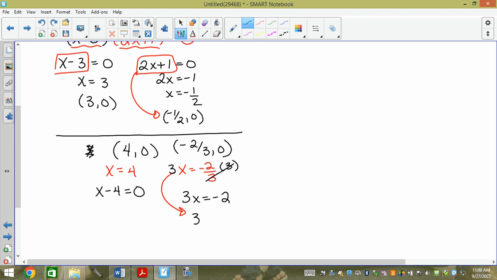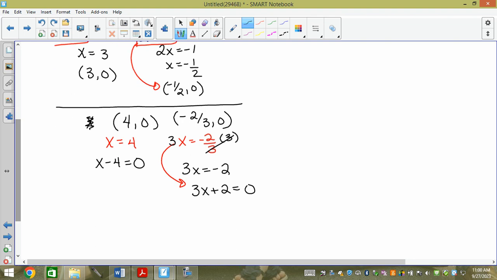Add the 2 back. 3x plus 2 equals 0. And then if I want to work my way back to the actual equation, I would just go x minus 4 times 3x minus 2, or 3x plus 2, equals 0. And if I want to go even more back, I just distribute by FOILing: first, outer, inner, last, right? Distributing, you don't have to use FOIL, but when it's a binomial, it's a nice acronym. But really all you're doing is multiplying every term in the first bracket by every term in the second